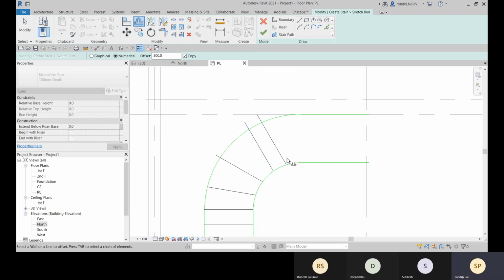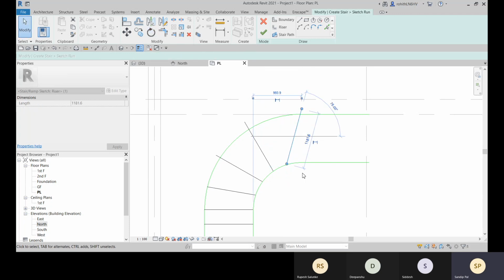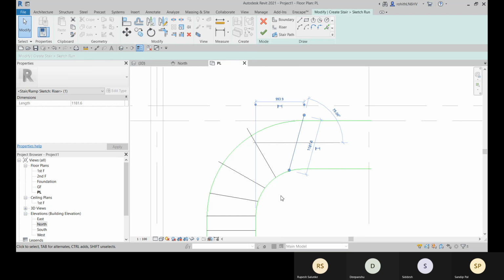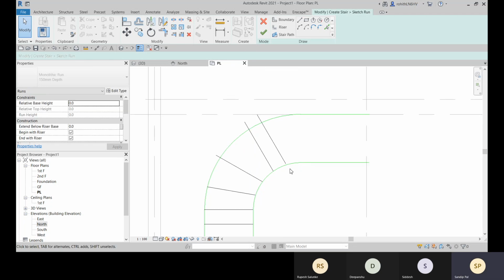Place it here. Okay. And then go for rotate, select it, enter, place the point here. This is the initial angle, and then it's going to be the same value increment.